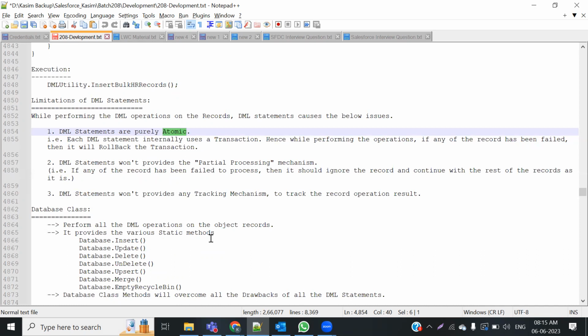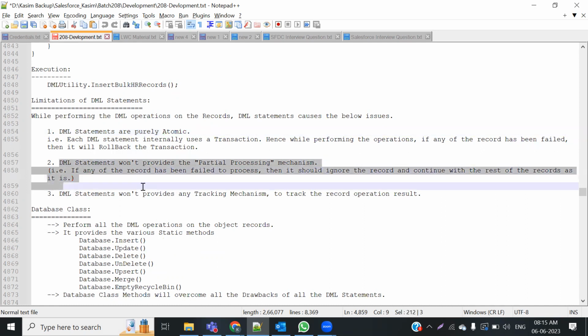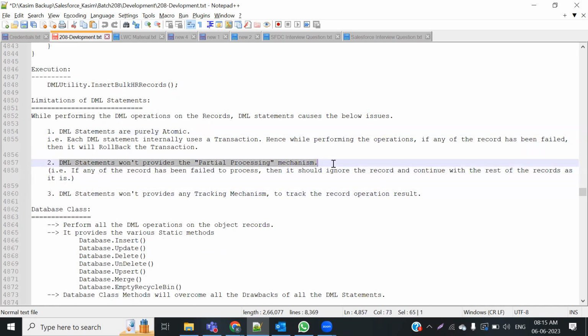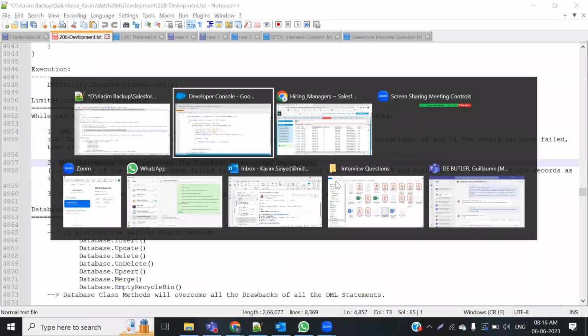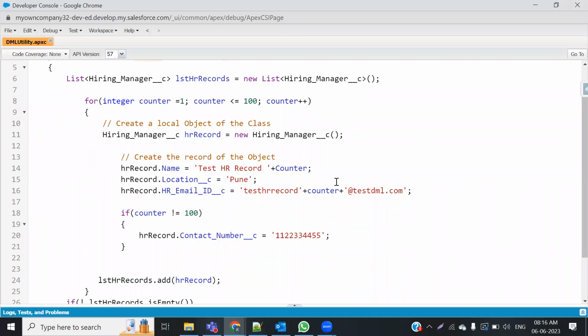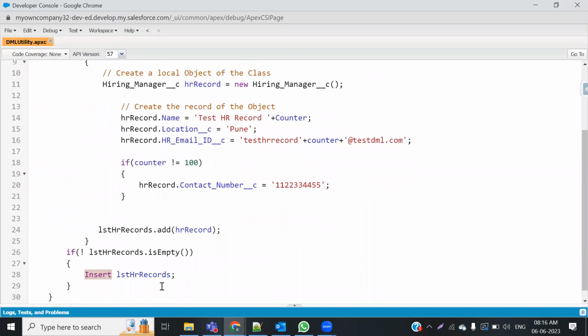DML does not provide you partial processing. DMLs are atomic in nature. DML maintains transaction. That means if you are using a DML statement, only two things can happen: either the complete set of records is committed,